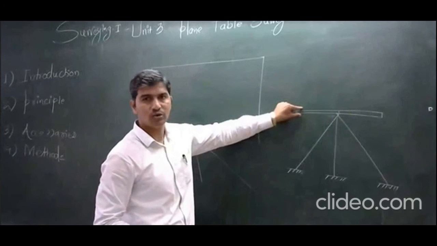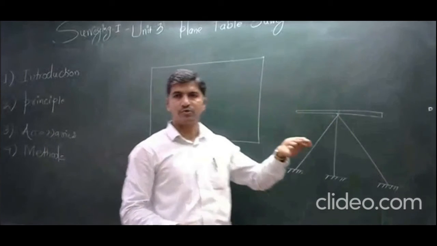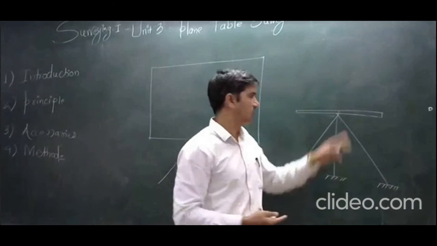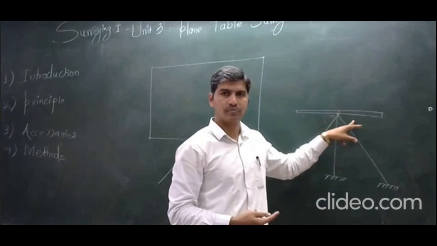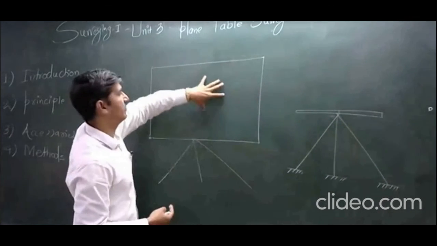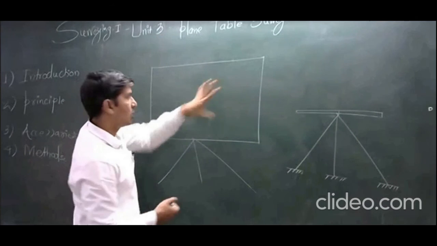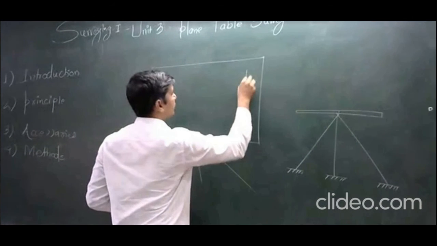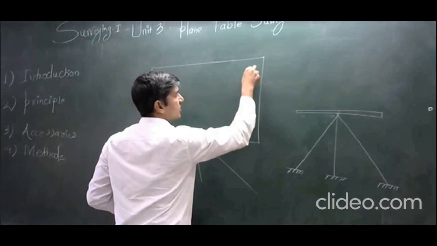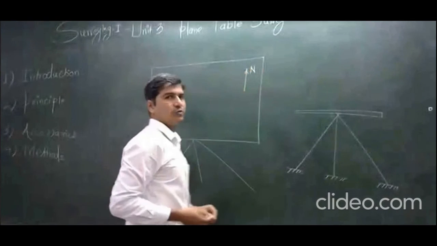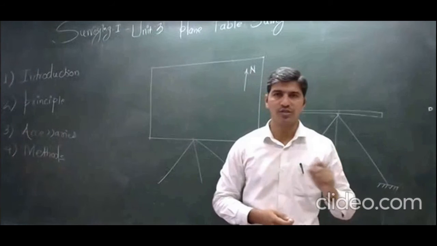This is the thickness of your drawing board. Whatever you have drawn, your drawing sheet in your first year, the same drawing board is over here. This drawing board in a plan will look like this. On this drawing board, we first of all require to draw the north direction.